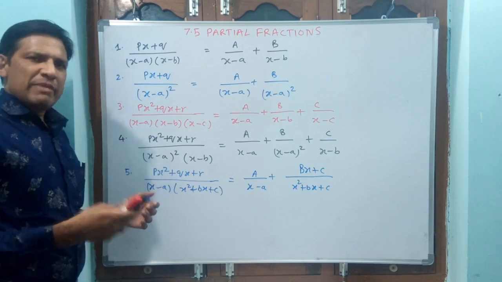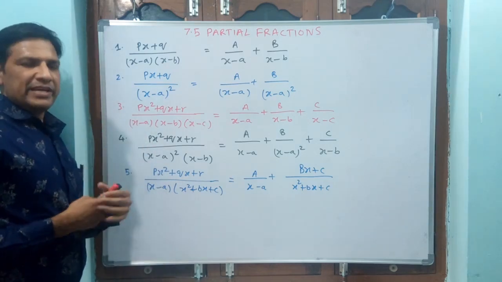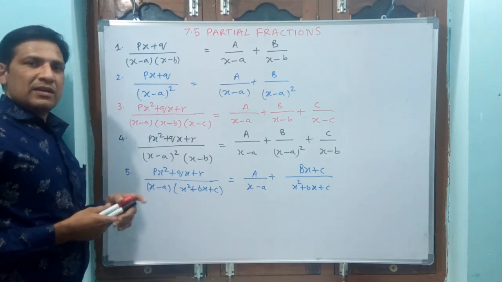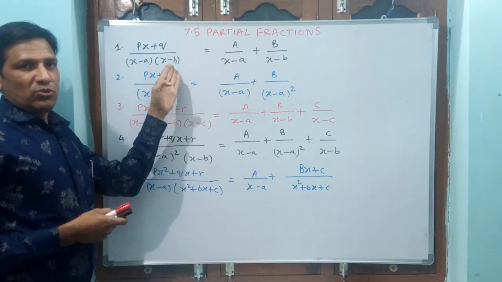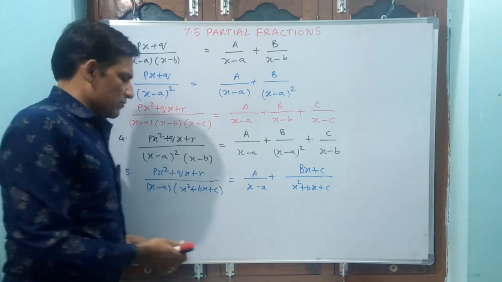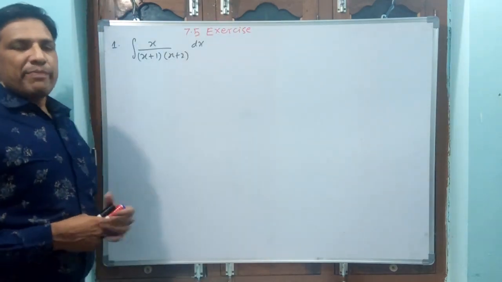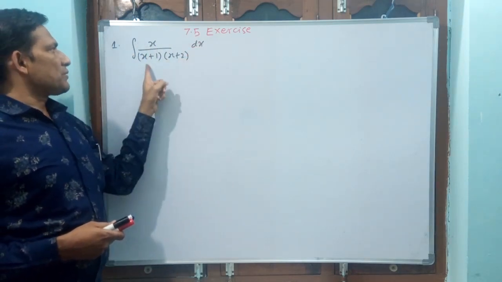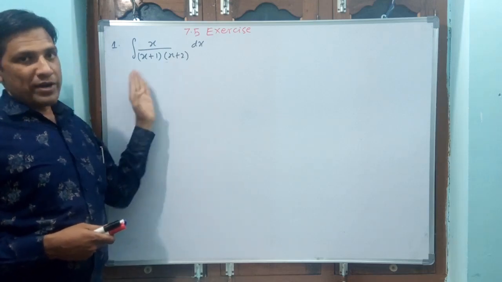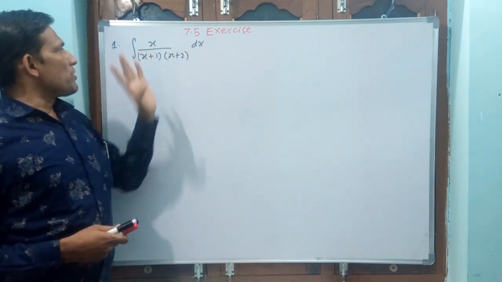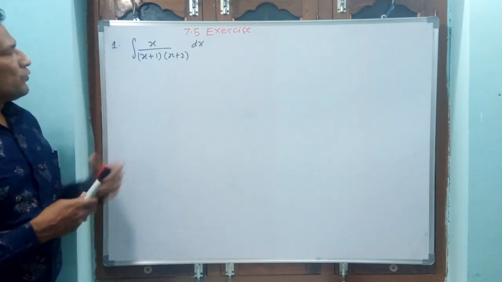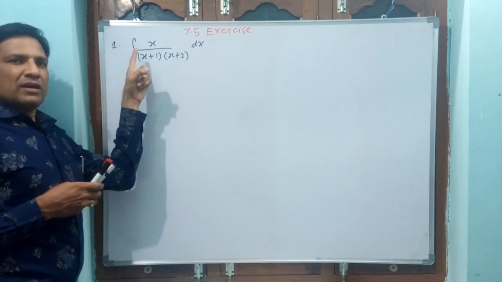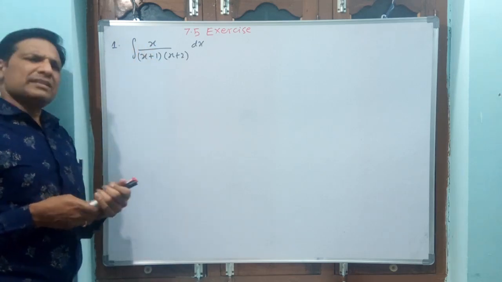by doing questions one by one, you are going to understand this concept very clearly. Let us take exercise 7.5 first question, then you are going to understand very easily. Okay, first question is based on this only, first formula. Okay, let us take the first question. Okay, see 7.5 exercise. First question, integral x dx by x plus 1 into x plus 2. Denominator is quadratic. Why? Because x square will come. Numerator is linear. Why? Because see, you think px plus q in your mind. P is 1 and q is 0. Okay, like that also you can think.